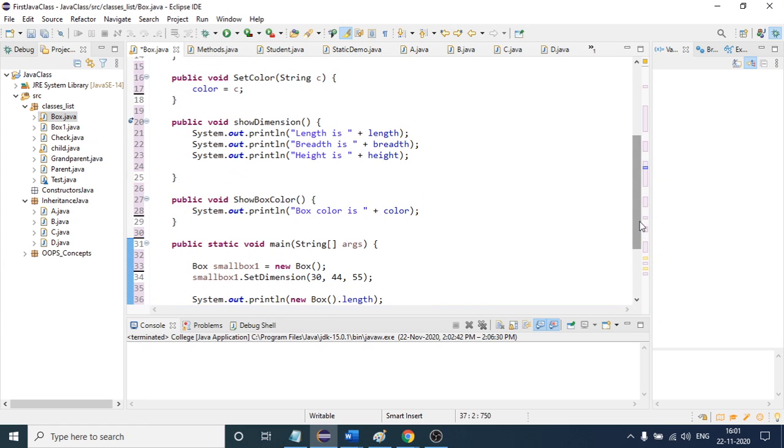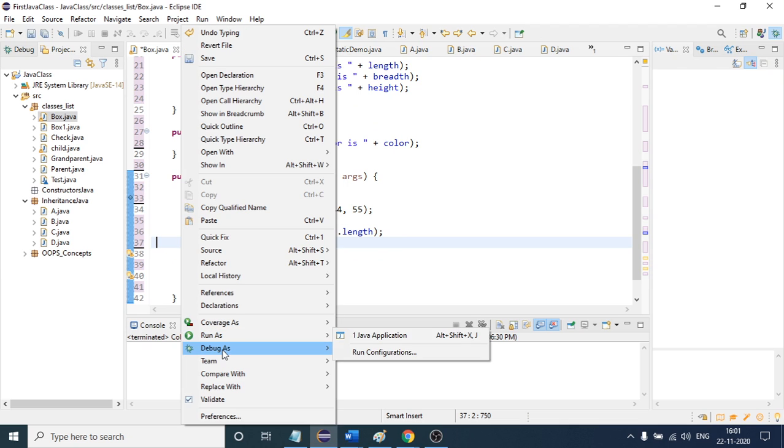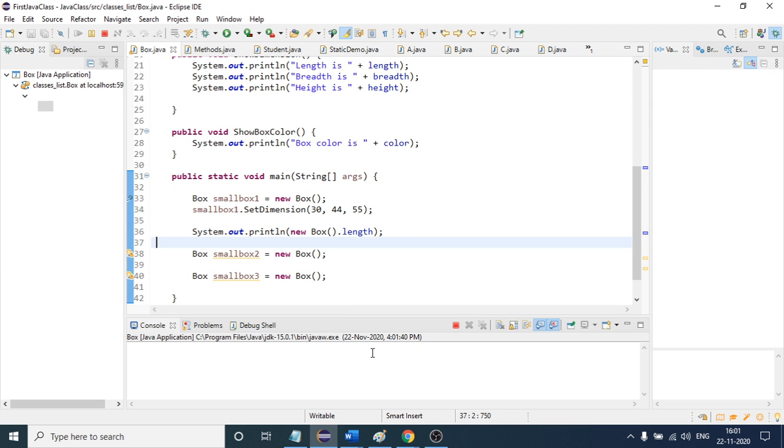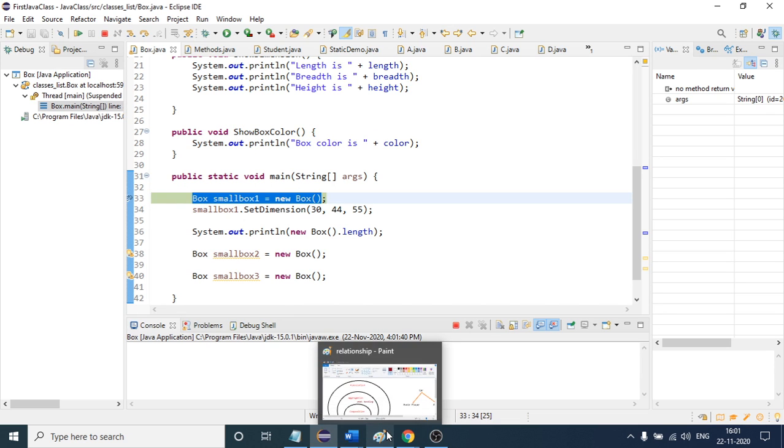So here what we are doing is first we are creating one box object. If I try to debug this program again, there is one issue here. If I show you, when I am creating this box object, yesterday I told you when you